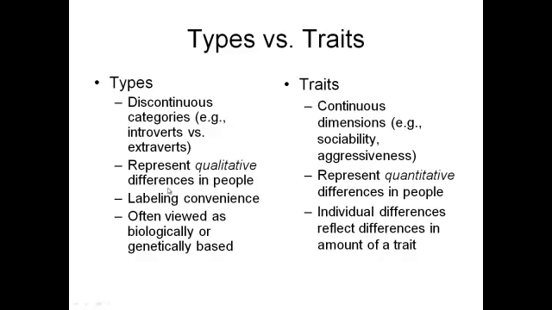Another way that types are used is as an easy, generic label. A lot of people find it comforting to be able to say, okay, this person's a type A. I know I'm not going to deal with this person. He's a type A personality, he's going to give me a lot of trouble. So it's a convenience to be able to put someone into that category.